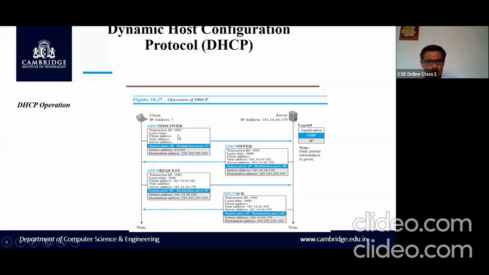Now what is the difference between this and this? Here there is no client IP address, but here the client IP address is set. And also the lease time, elapsed time is mentioned.